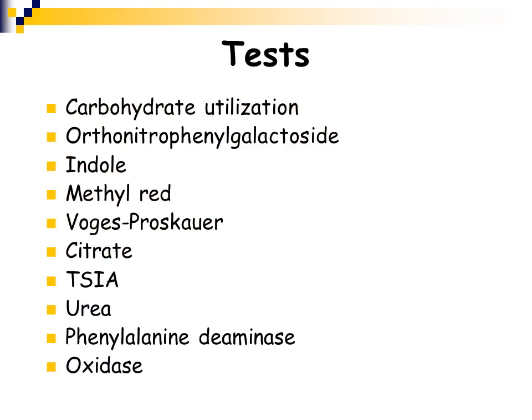The tests that we're going to discuss are the carbohydrate utilization, ONPG, or orthonitrophenylgalactoside test, indole, methyl red, Voges-Proskauer, citrate, the triple sugar iron agar, or TSIA, urea, phenylalanine deaminase, or PDA, and oxidase. Now, it's very, very important when we're talking about the coliforms, or the enteric bacteria, that you thoroughly